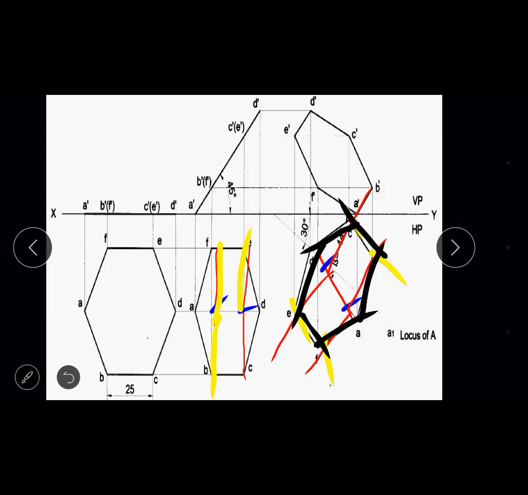So in this way, by joining those 6 corners of the hexagonal lamina, we get the top view of the third step. So the top view of step 2 and the top view of step 3 are similar in dimension. The irregular shape lamina we got in the second step, the same lamina we are getting in the third step, only the difference is the angle of the median. In the second figure, top view, you can see that the median AD, the line AD, is placed parallel to HP and parallel to VP.